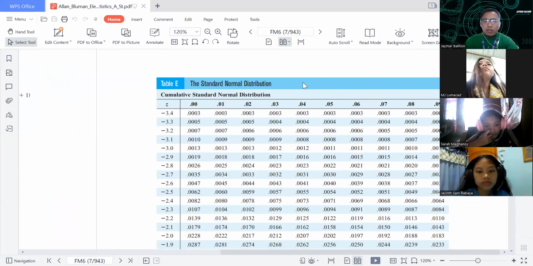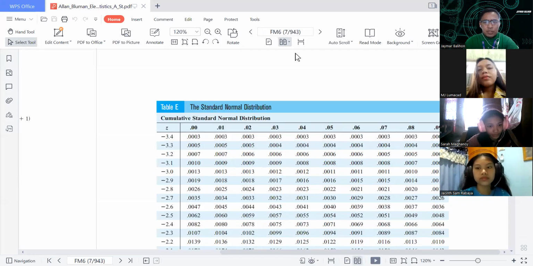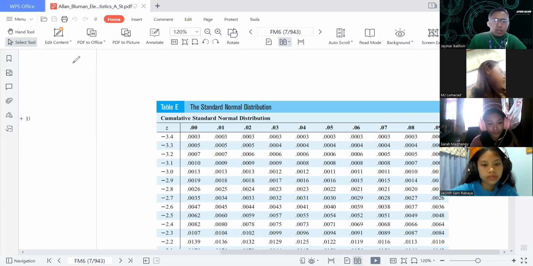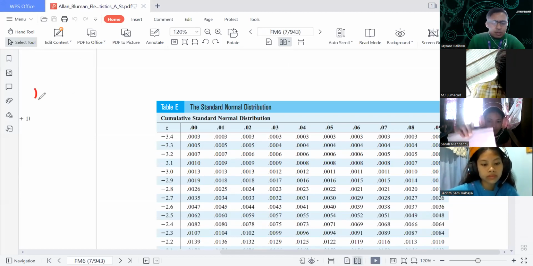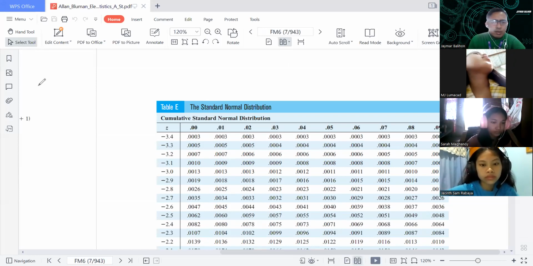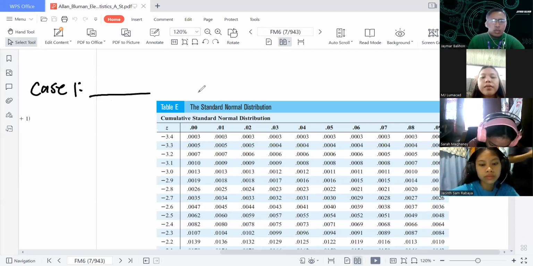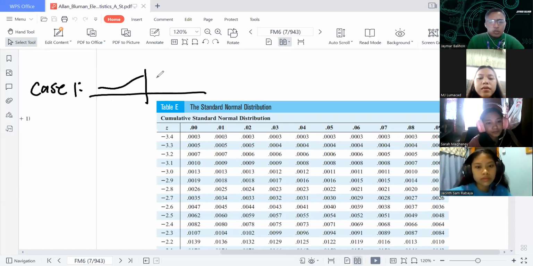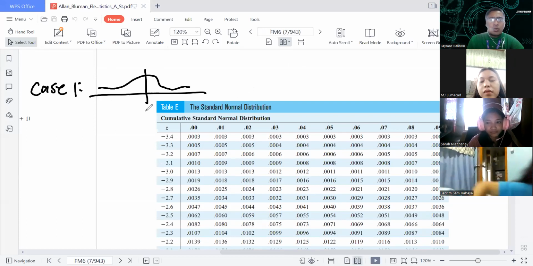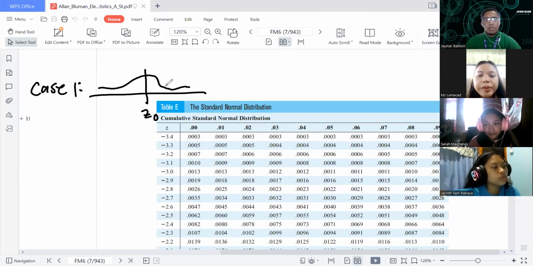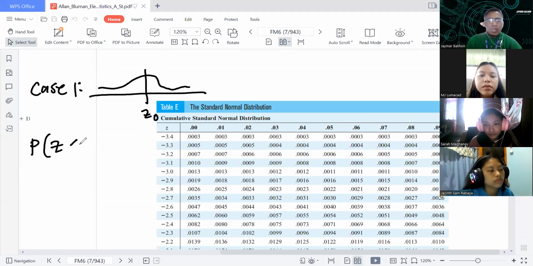So as of now, let us start from the very first case, because I mentioned there are three cases. The first case is, let me graph it first. Case number one. It is the easiest case among the three given. So if this is your z-score, say z sub o, and you're going to be looking for the probability that z is less than your z sub o,